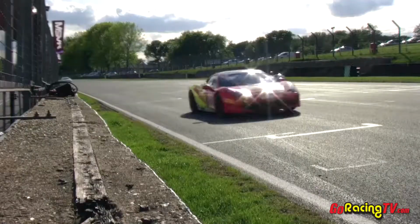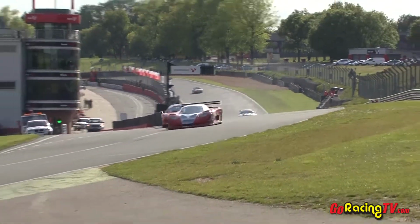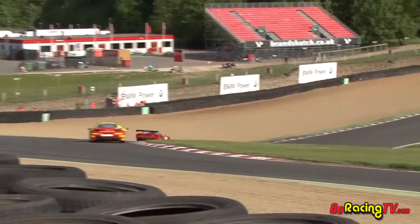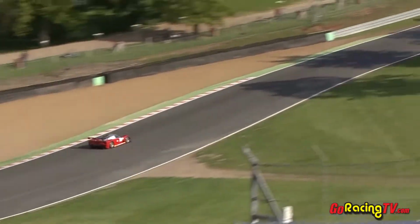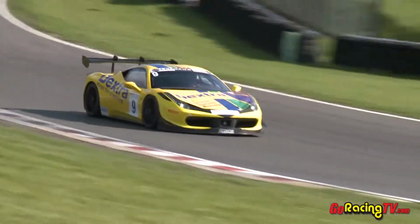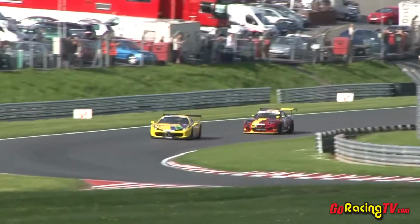Kevin Riley, fastest in the GTO class as well, 48.7, 89 miles an hour, just a shade slower than the fastest man on track, Alex Martin. So the Mosler passes Rupert Martin, a lap down now, as the Mosler goes through Paddock Hill Bend, climbs up Halewood Hill in towards Druids, and in the distance already down Graham Hill and through Graham Hill Bend onto Cooper Straight is the race leader, Alex Martin in the Dextra Group Ferrari,